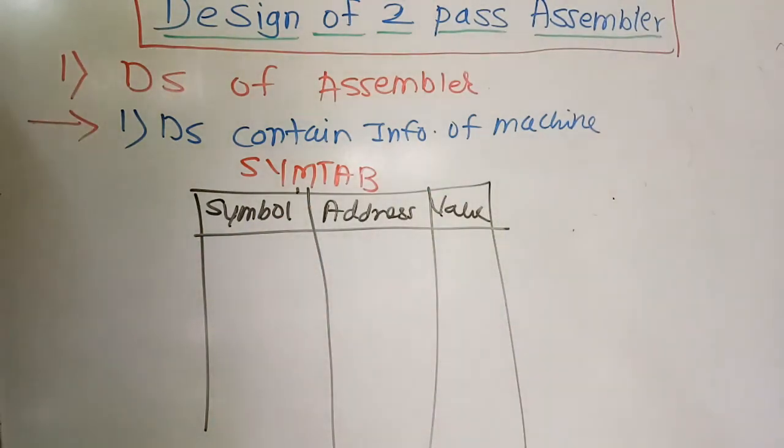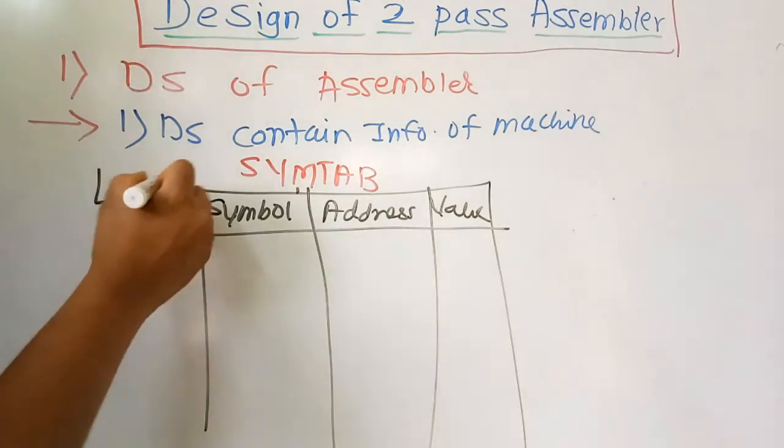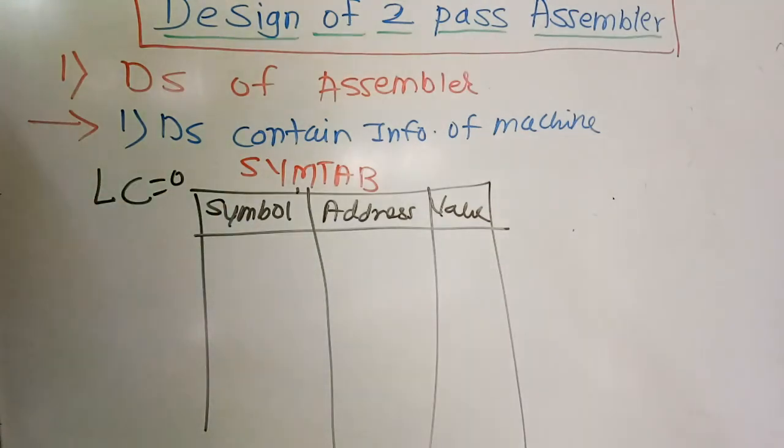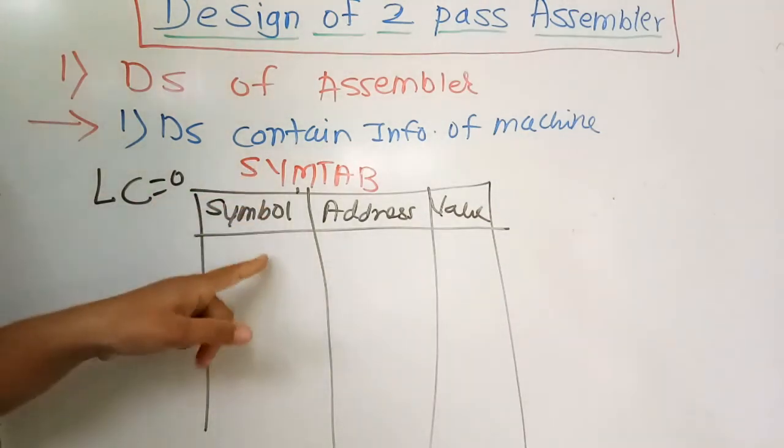Now, the data structures updated during the translation are also called the translation data structures, because they are defined during the translation by the assembler and they contain all the essential information of your source code. Okay. Now, what is the LC? LC is nothing but the location counter of a target code and its memory address, initially equal to 0.